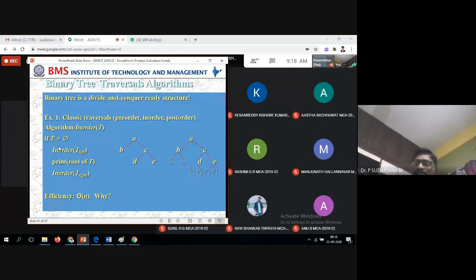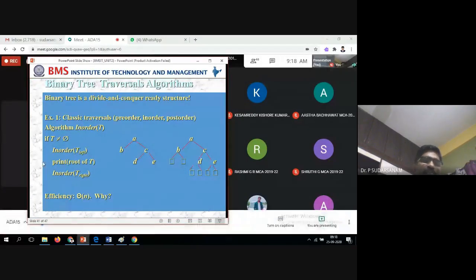So, the in-order definition. I used to say trees are the best scoring subject in data structures. I tell the students, please learn trees properly; not even a single mark will be wasted, and you can score full marks in that subject. That is why I state the definitions very clearly. That's what I told you, no? That way only you can learn all the definitions. Anyway, you have completed it, not required now.